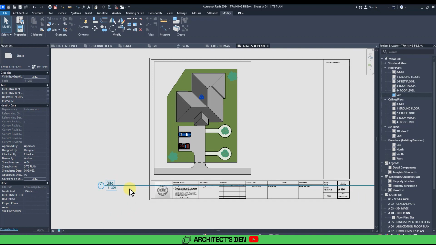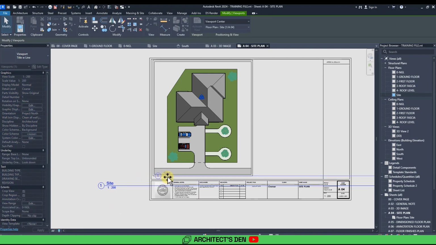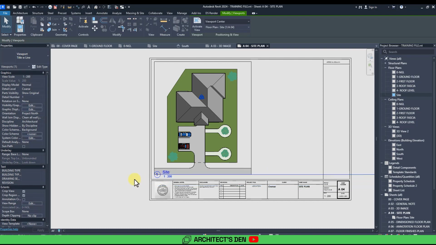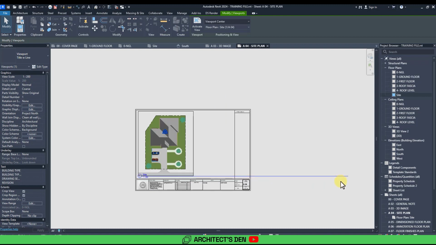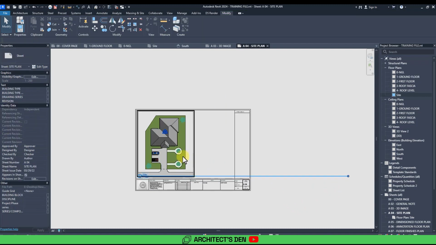place this title of the sheet properly here. To do that, make sure this is not selected. Click on it and drag it to where you want to position it. So let's say here or here. That's okay. Once you do that, for you to reduce the length of this line that is this long, select